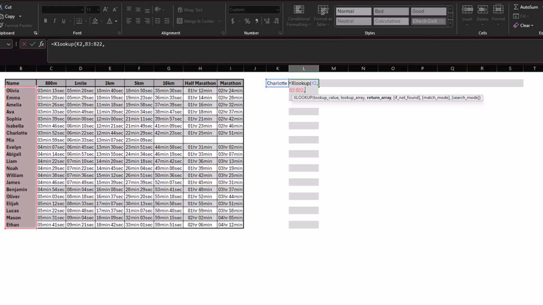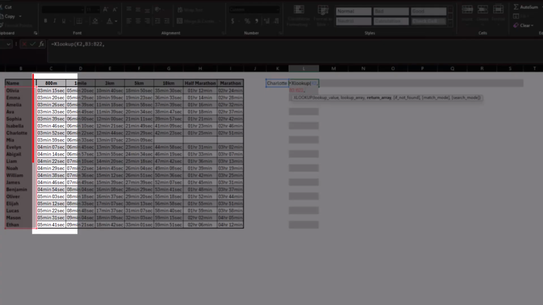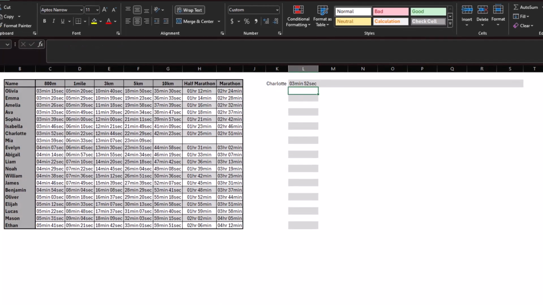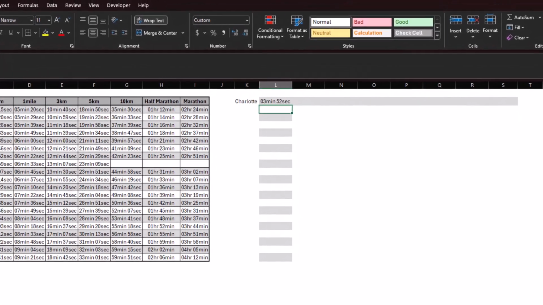And then the last one that's compulsory is the return array. What do we want the lookup to return? What value do we want to return? In this case, we just want to look at the 800 meters times. If we select the 800 meters times and then close bracket, it will return the 800 meter time